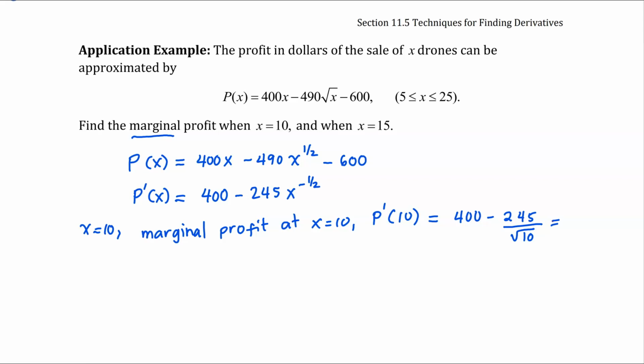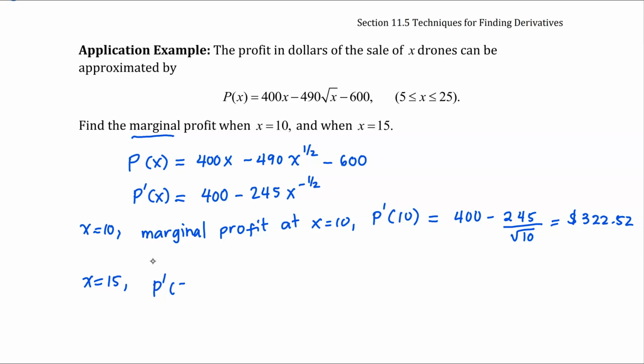So this means we have $322.52. And this would mean that the next unit sold, the 11th unit sold, will produce an additional profit of about $322.52. And so to get the marginal profit at x equals 15,